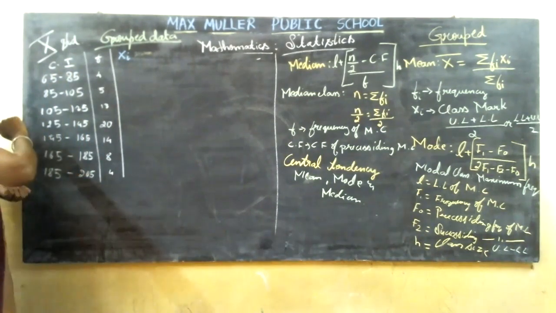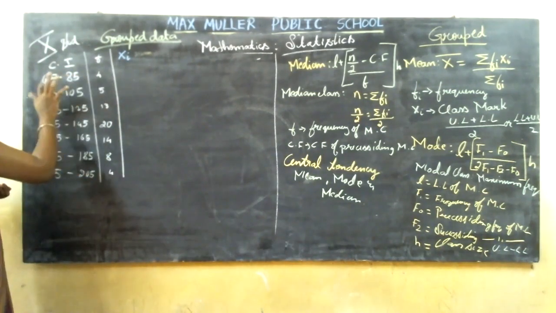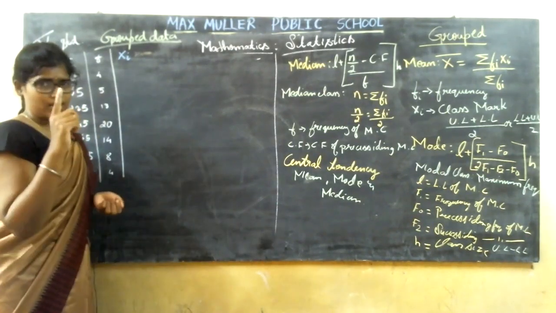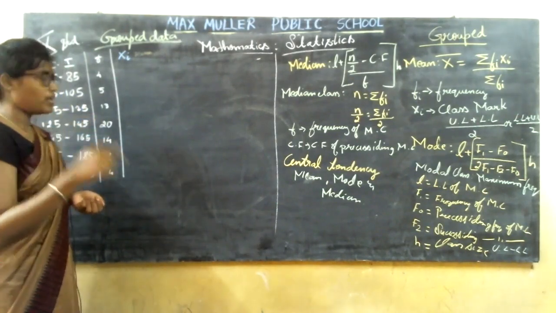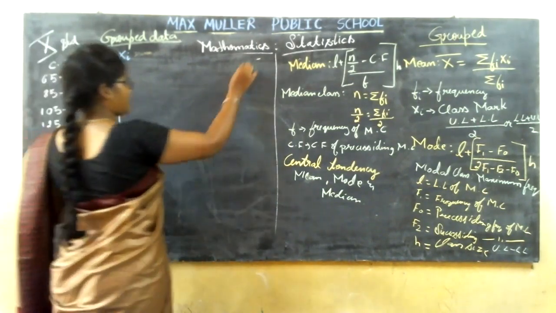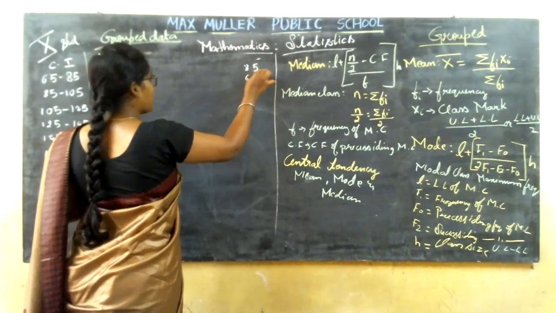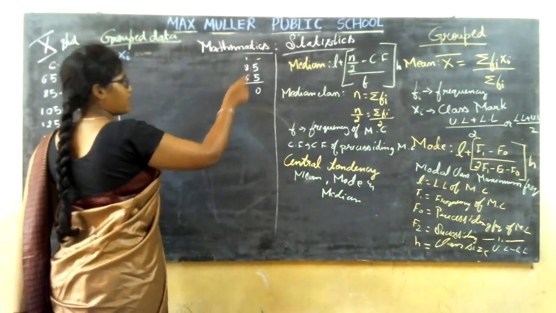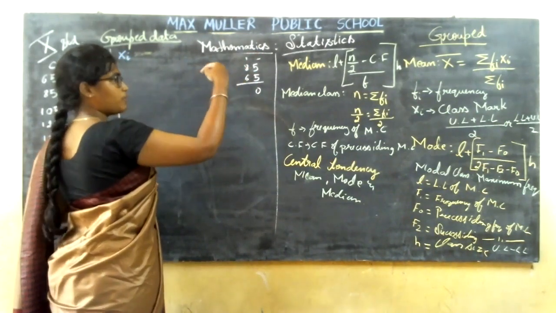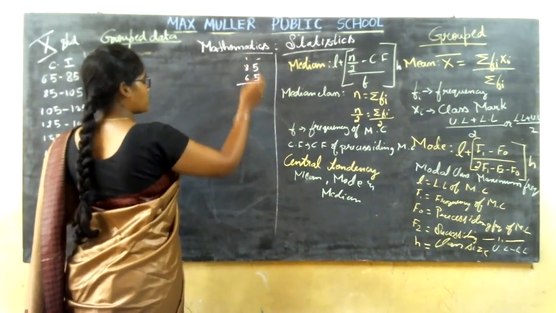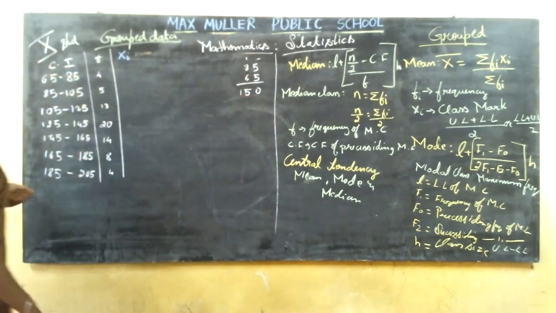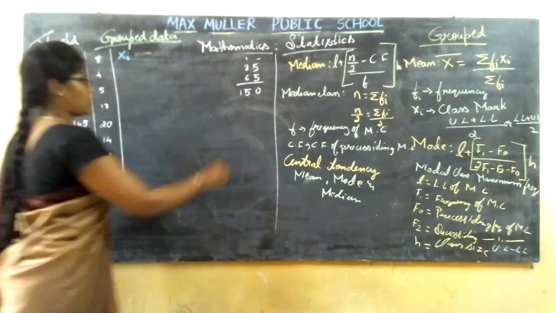Now how are you going to find out the mean? You are going to add these two, that is the lower limit plus the upper limit, divided by 2. Let me add the first one, then I'll be easy with all the other things. That is 85 plus 65, that is 150, correct? You can do it in that way also.